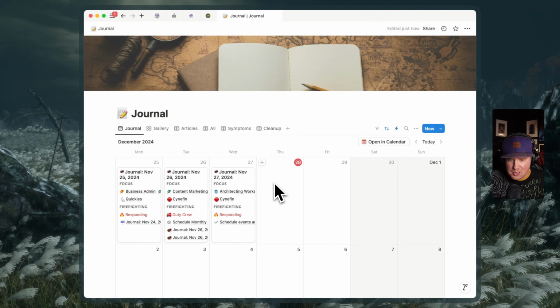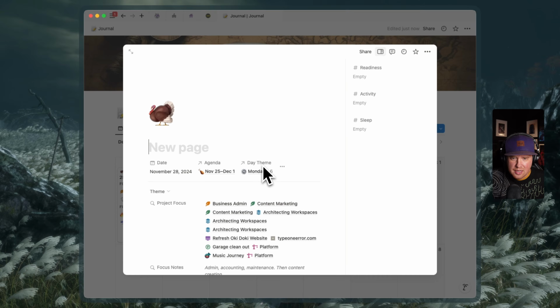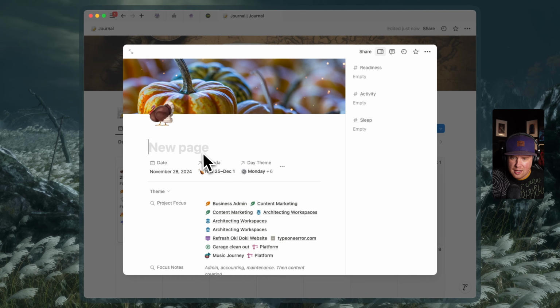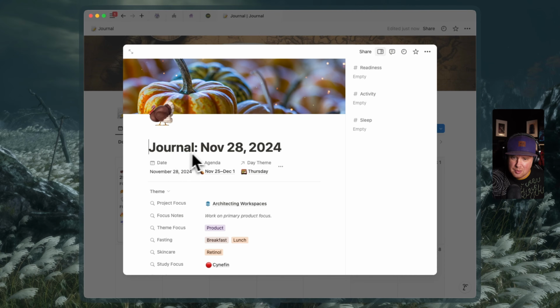One of my watchers yesterday noted that when I create a journal, I auto-title my pages using an automation. So the date gets picked up and it auto-titles the journal. They also noticed that my day theme gets picked with a relation, and they were not clear on how I accomplished that. They tried to recreate it, but were not successful. And so I'm going to walk through this little workaround that I discovered from Sam Catania, one of Notion's product